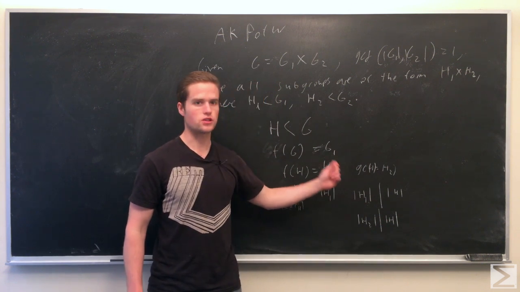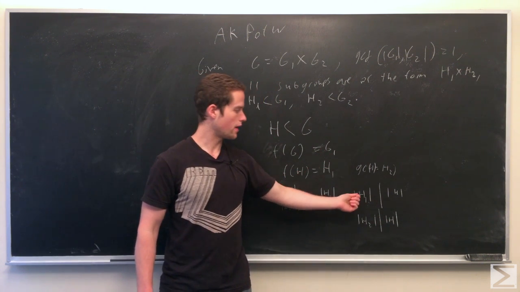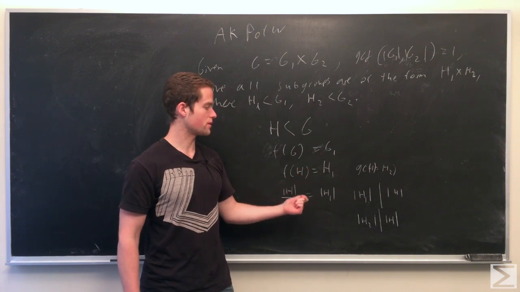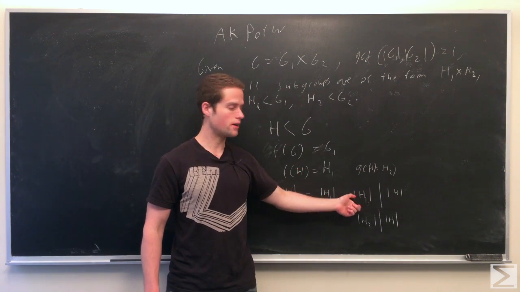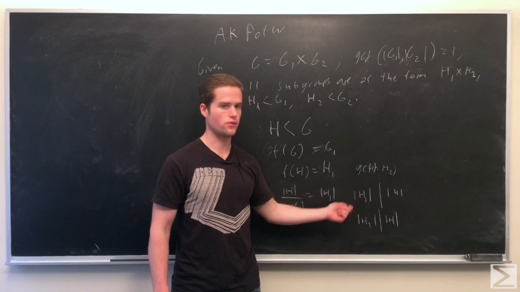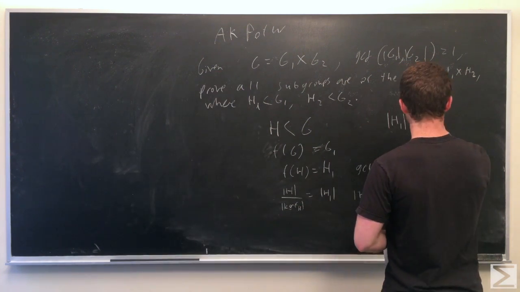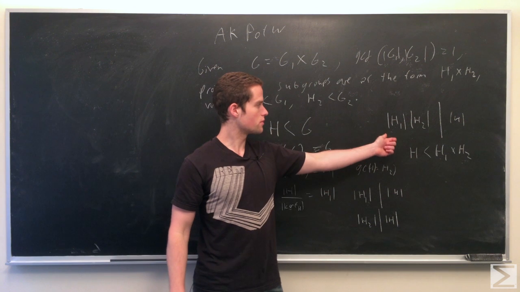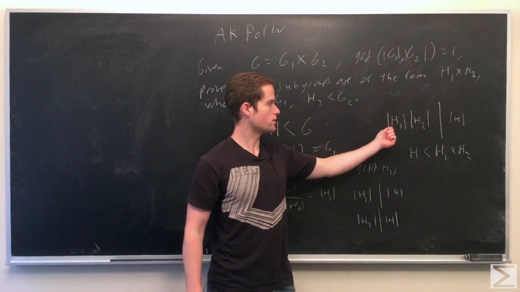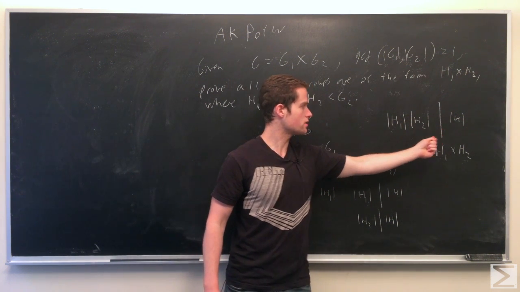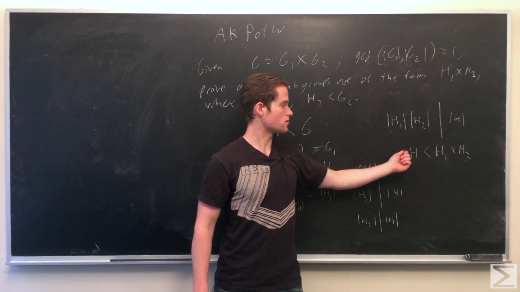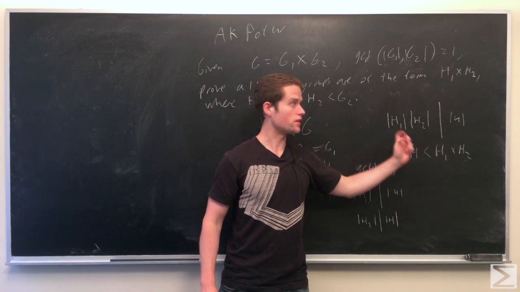And since G1 and G2 are relatively prime, H1 and H2, which have orders which divide the orders of G1 and G2 respectively, must also be relatively prime. So we must have the magnitude of H1 times the magnitude of H2 divides the magnitude of H. So we have our two key points: the magnitude of H1 times the magnitude of H2 divides the magnitude of H. This is just the magnitude of H1 cross H2. And also H is a subgroup of H1 cross H2. But these two imply that